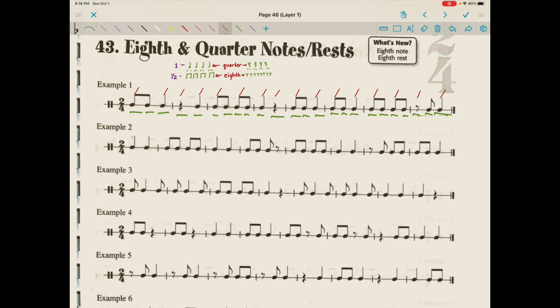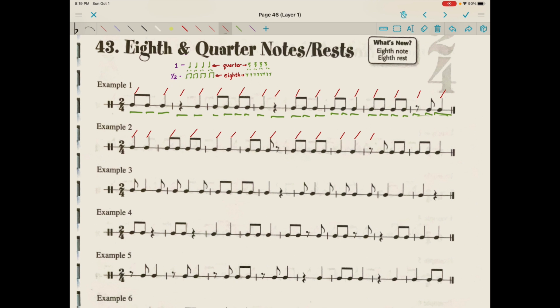So a quarter note gets 1 beat, so there's our first do. Another quarter note, 1 beat. A pair of eighth notes is going to be worth 1 beat. Another pair of eighth notes is 1 beat. Here's our next do, another do, do-day, do. The eighth note with the eighth rest together equal 1 beat, so that's accounted for. Here's our next do. A pair of eighth notes equal 1 beat. Another pair of eighth notes equal 1 beat. Do.